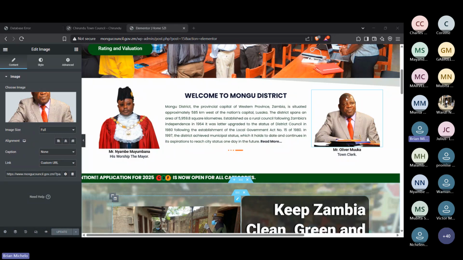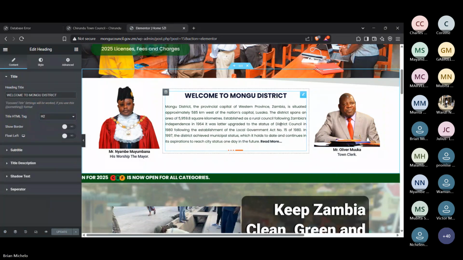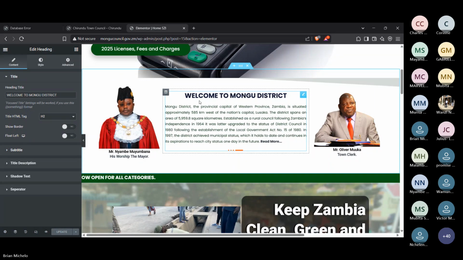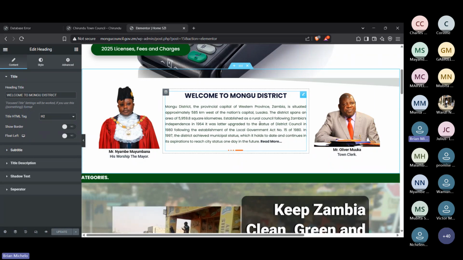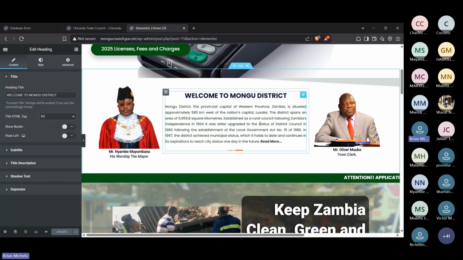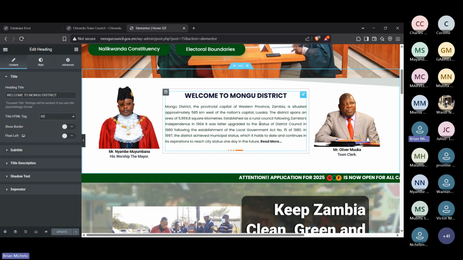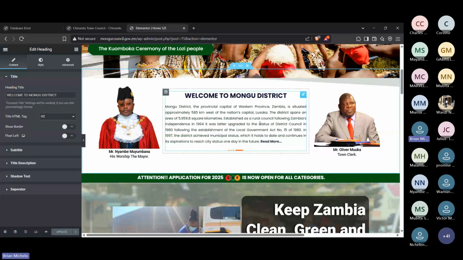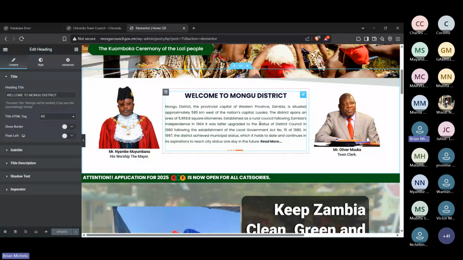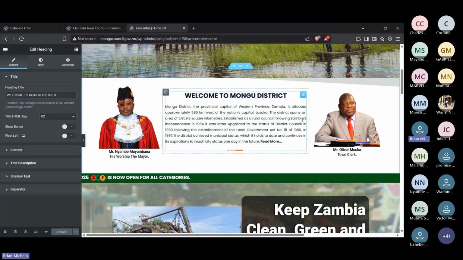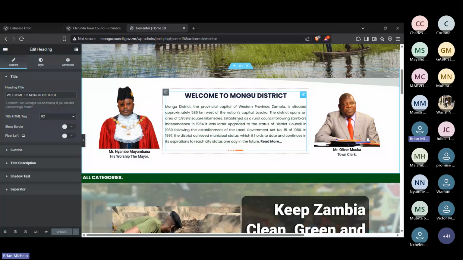Okay, so we have changed the images for our principal officers. Now we are going to look at the welcome message, the text. The welcome message is definitely going to be more or less like a brief profile of your district. If we all look at our website, there are generic profiles that were done, but we can all work on them to make them really highlight the issues that we want to come out for our district. For example, we have this welcome message here that talks about Mongu, its demographics, its square meter coverages,